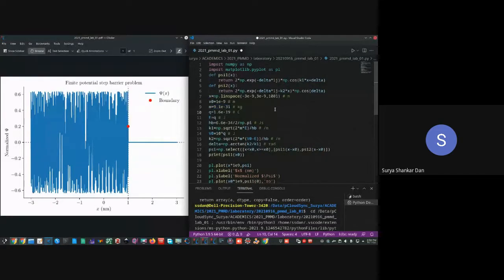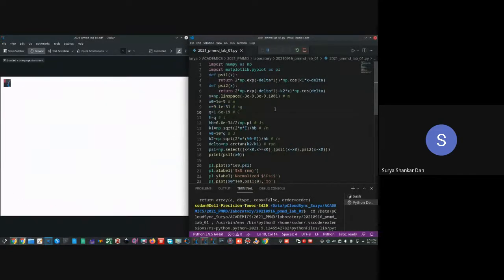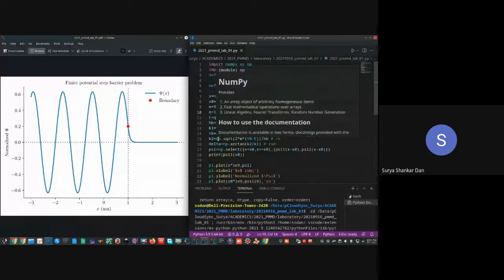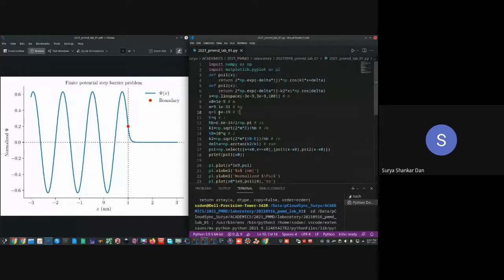So let's come back to electrons once again. Now, what happens if we change the charge of the particle? This was the part, right? This 10 power minus 19 is the electronic charge, the elementary charge. Let's make it 2 into q. Remember, I wrote this program keeping electrons in my mind.